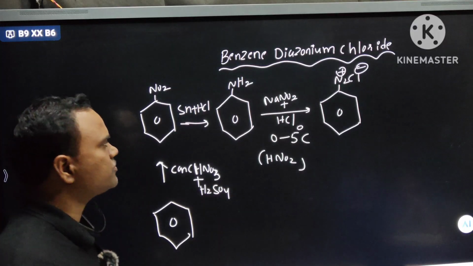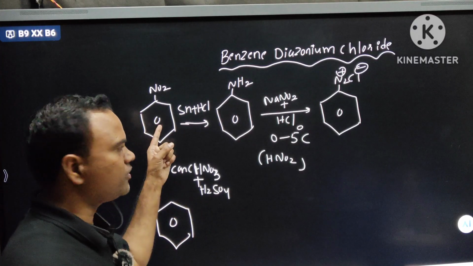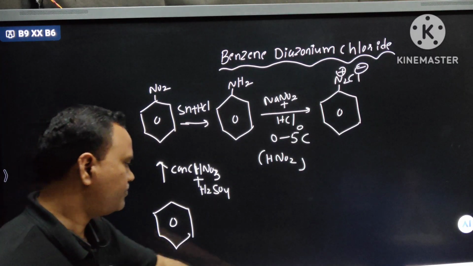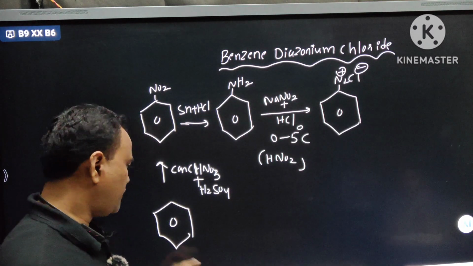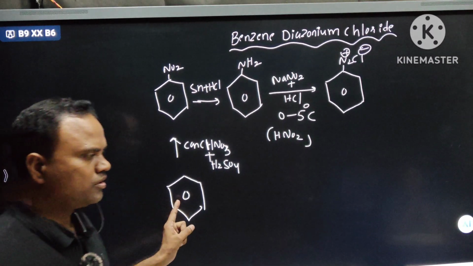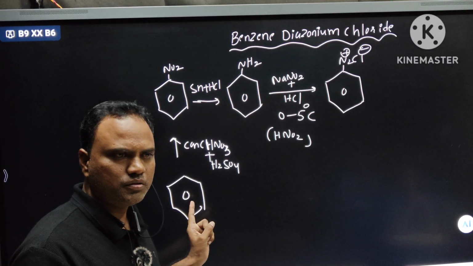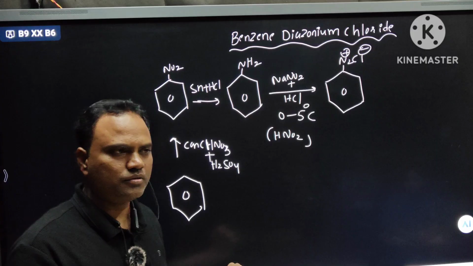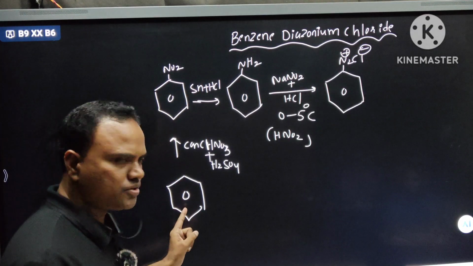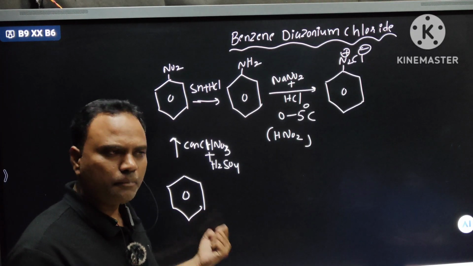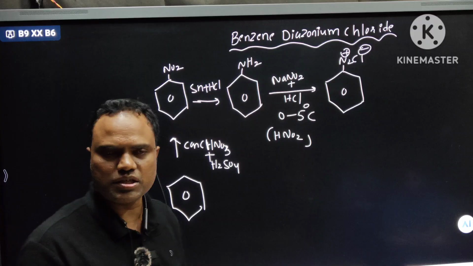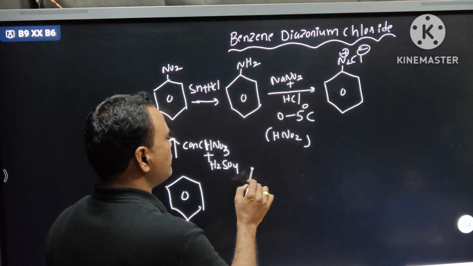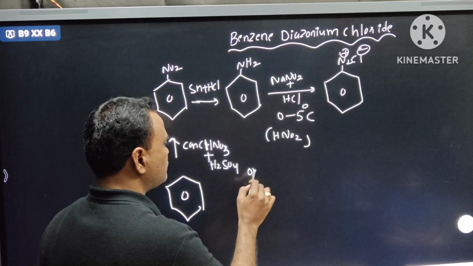See conversions: benzene to nitrobenzene, nitrobenzene to aniline, aniline to benzene diazonium chloride. Very important conversion. First, we have to prepare nitrobenzene from benzene, by adding nitration mixture, concentrated HNO3 plus H2SO4,